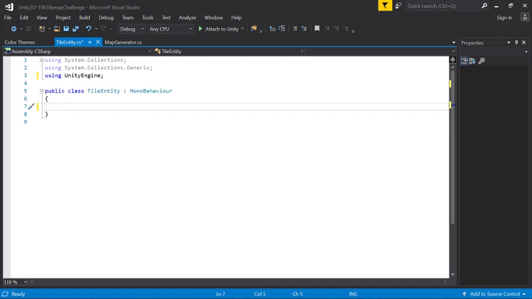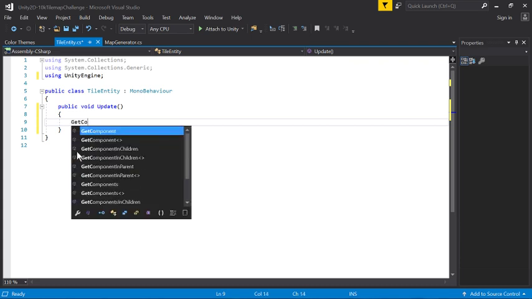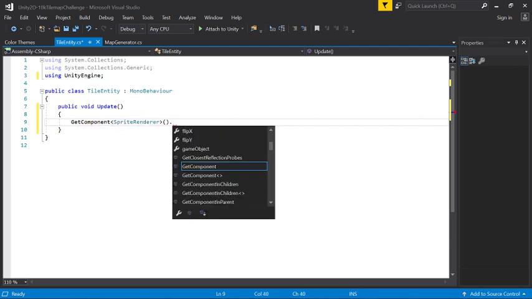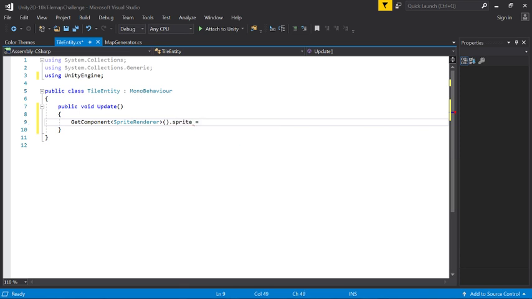I would go in my public void Update, and I would call this update function. I would basically do the update. A few things. Actually, one thing. GetComponent SpriteRenderer, and then I would head over to my GetComponent SpriteRenderer. Sprite is equal to